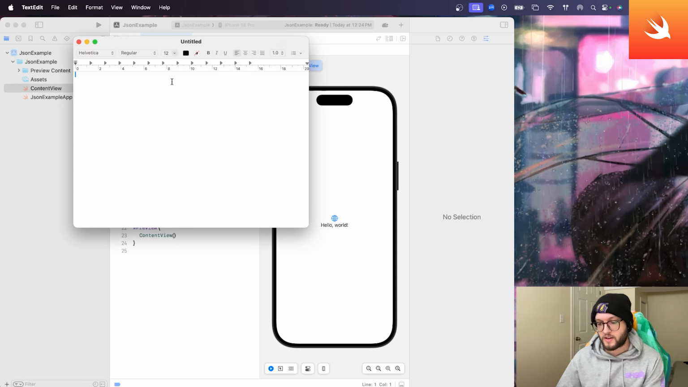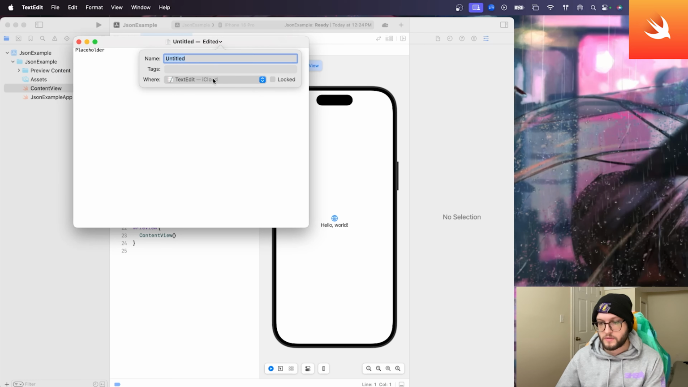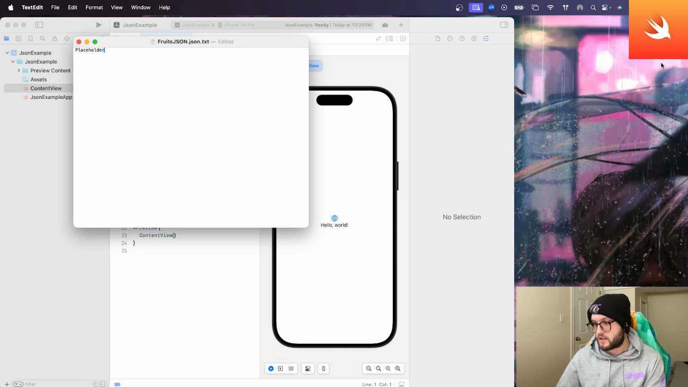Sometimes I'll just put like a placeholder. Then I'm going to go to Format, and I'm going to hit Make Plain Text. Then here, this is where I'm going to change it to save on my desktop perhaps, and I'm going to call it fruitJSON.json. It is still going to be a txt,